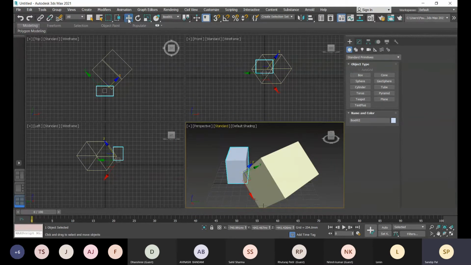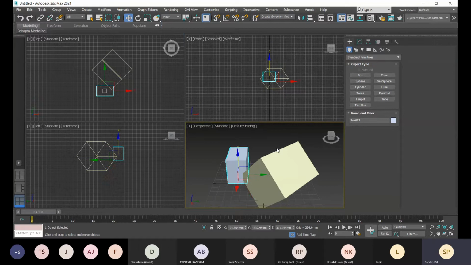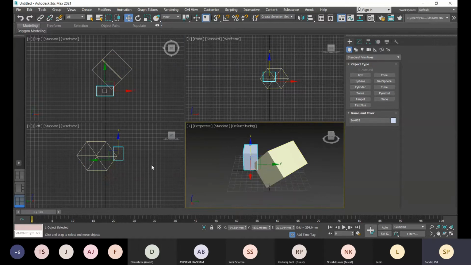You can rotate it, you can scale it. Generally we set to view, so it will be set according to the view. But there is another option, that is screen. Screen means the Z will point towards the screen or towards the viewer.